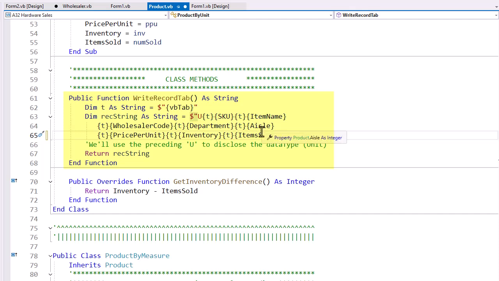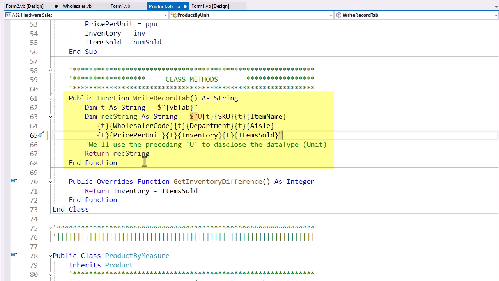Otherwise, it's pretty much the same, but we have 4 properties rather than 3 to write. And that's what I'm going to return, is that rec string. Now, the reason I hadn't caught that little error was I haven't included anything in this project to actually write the records back out. But it's always good to have some type of function in here for doing so, because